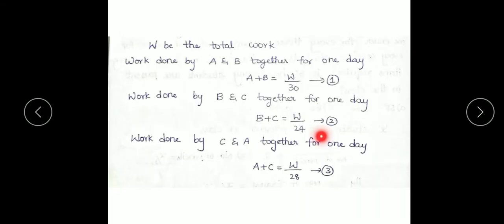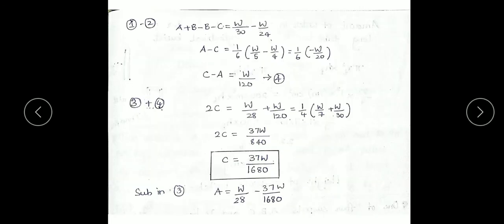Minus of A minus C is nothing but, already minus C is there. So minus into minus C plus C, minus into A minus A. So this is one of the equations. And next, what we need to do is add this third equation and this fourth equation.